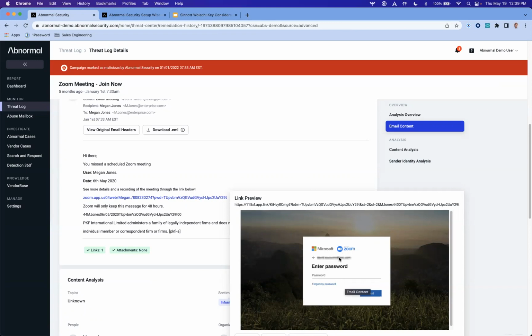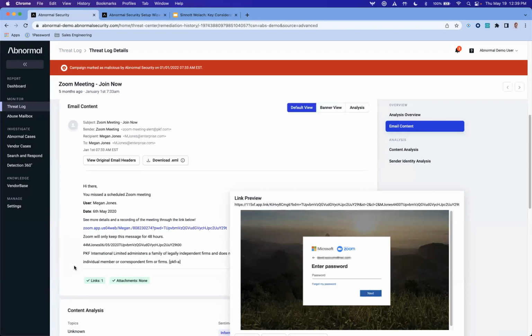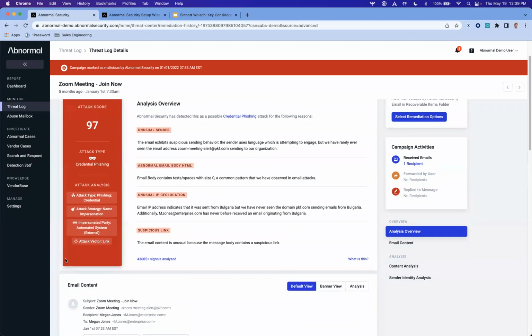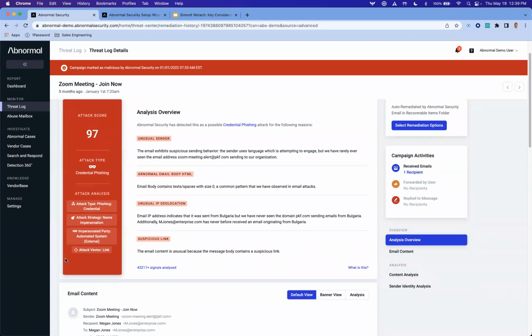Oftentimes, the bad actors will inject a username to make it easy for the user, right? Hey, Mr. User, we've put in your username already as part of the authentication. Go ahead and type in your password, right? And at that point, this example of phishing is one of the ones that are very difficult to catch. Never before seen URLs are not easy to look at or to confirm as indeed malicious. But then how do we allow Abnormal to provide a series of additional signals, some additional validation that is different, right? We're looking at a variety of signals.